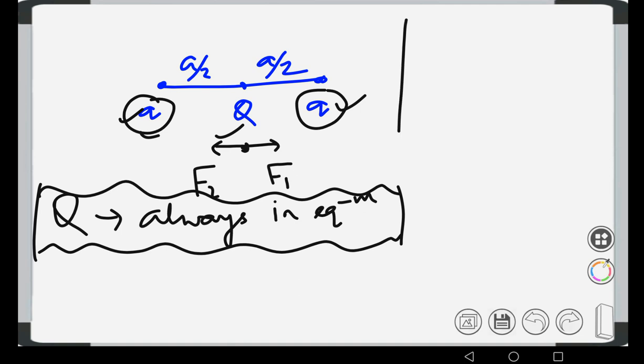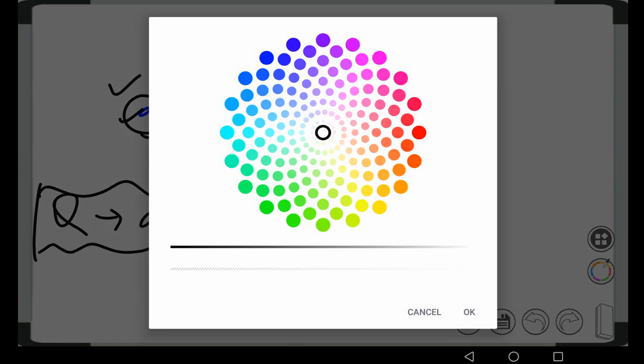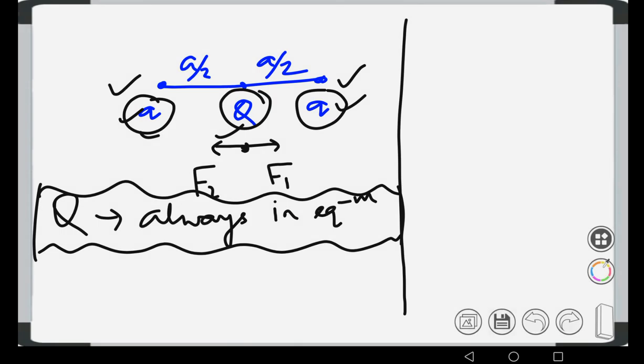Now we have to establish the relation for which small q also remains in equilibrium. If we establish the relation for any small q, it will automatically bring the other small q in equilibrium, because with respect to this capital Q, both the small q's are identical. Hence, let us establish the relation between small q and capital Q by bringing any one of the small q's in equilibrium.